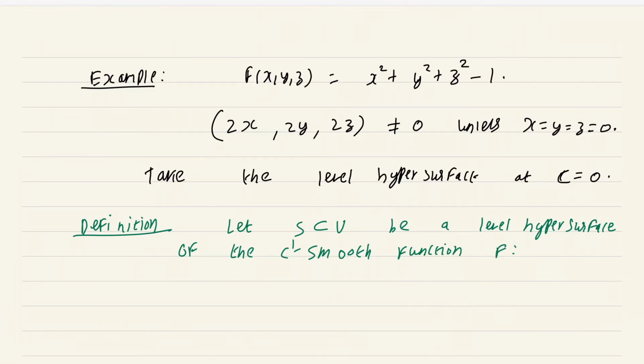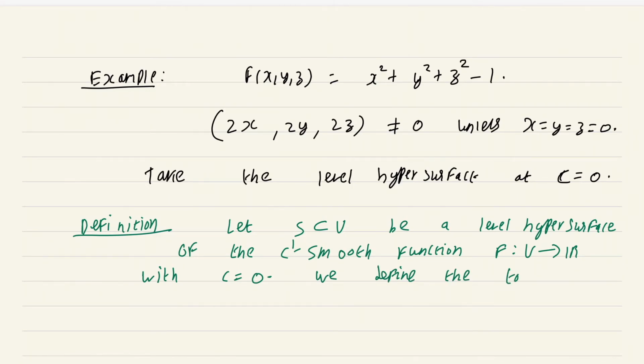F from U to R with C equal to 0. Okay, I'm going to of course assume that level hypersurfaces are always non-empty. I'm going to assume that there is some point where F takes the value 0. We define